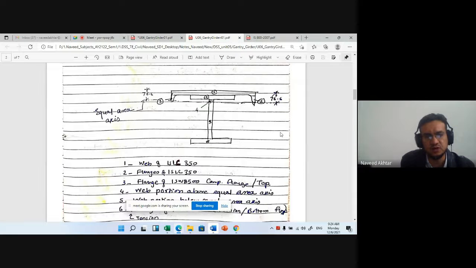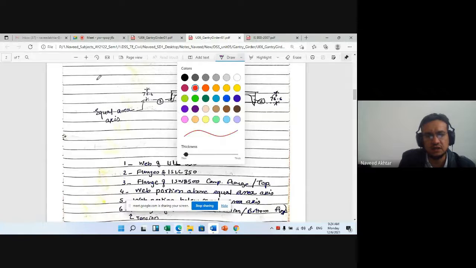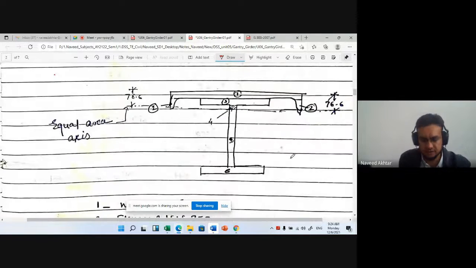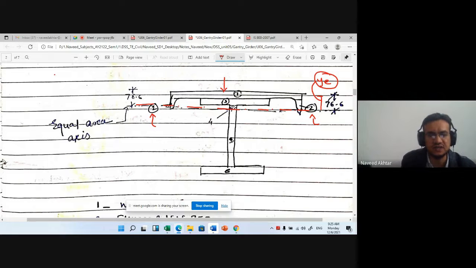So here what I am saying is that YE lies within the flange area. Now if we take the areas here, what comes? First comes the web of this channel section. Then second, the flanges of the channel section, in which your YE will come. This is the YE. Now we don't know it; after calculation it will come to some value. And then this flange of the I section and a small part of this channel section also come into the half portion. Okay, so you can consider the above figure or the below figure, whatever, but we are considering the above section.